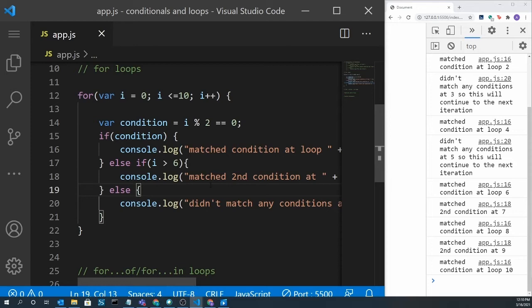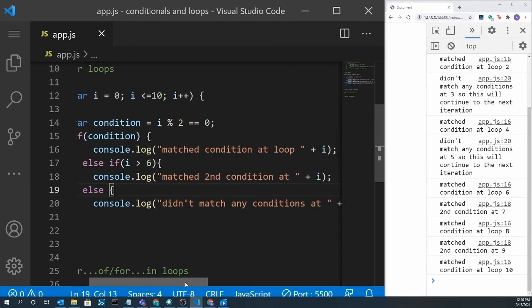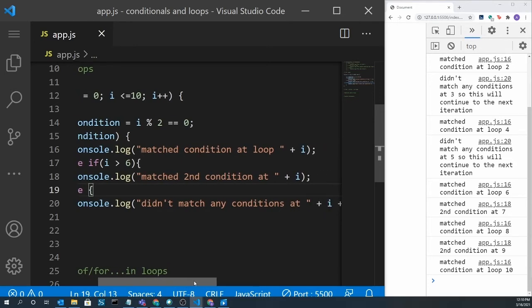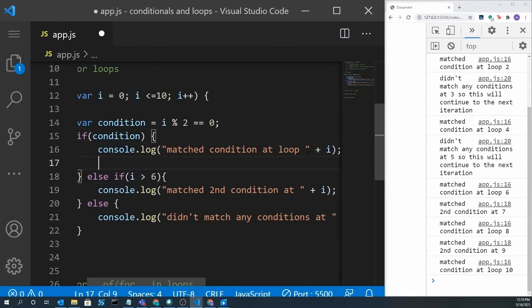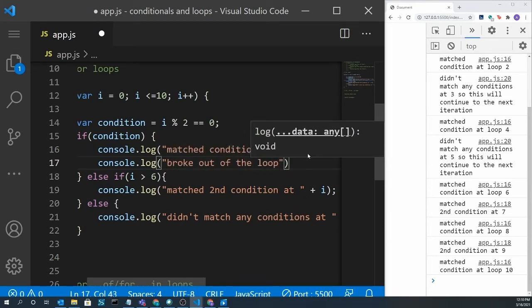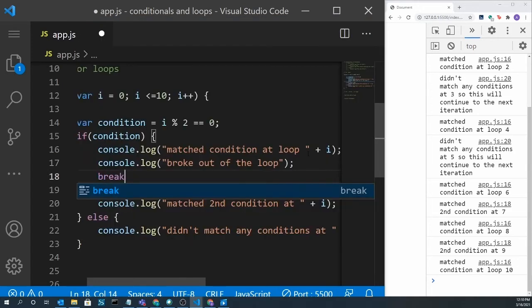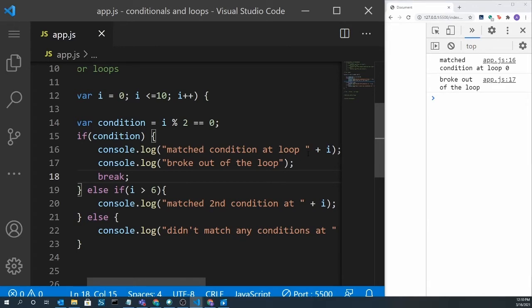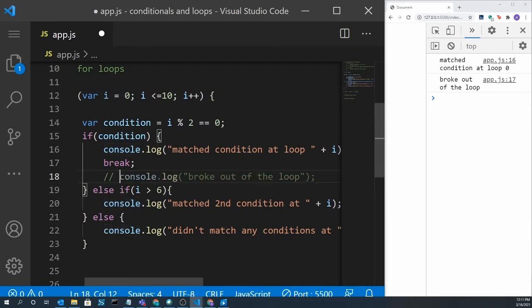Now, there are ways that we can control what happens in our loop, and that's with using two statements, a break statement or a continue. So say if we wanted to end the loop after it met the first condition. So let's console log broke out of the loop, and we're just going to add a simple break. So you can see here that it matched at 0 and then it broke out right after because we ended the loop ourselves. If I got rid of that